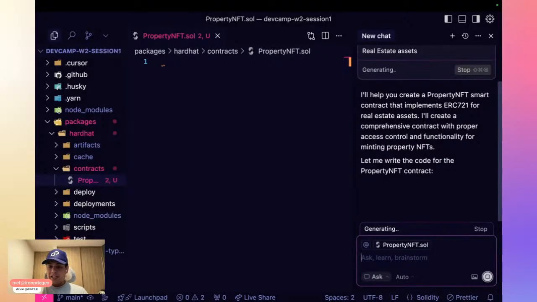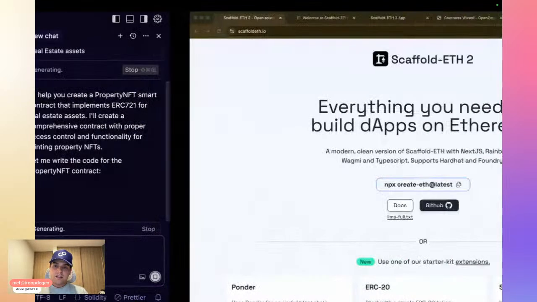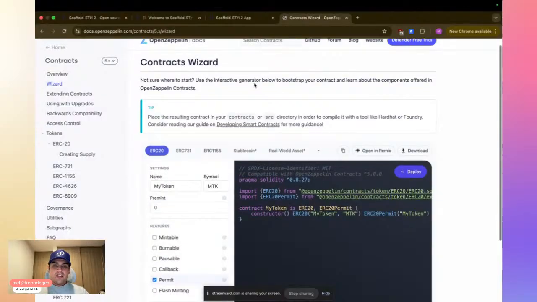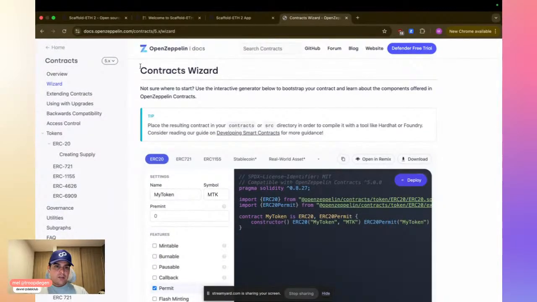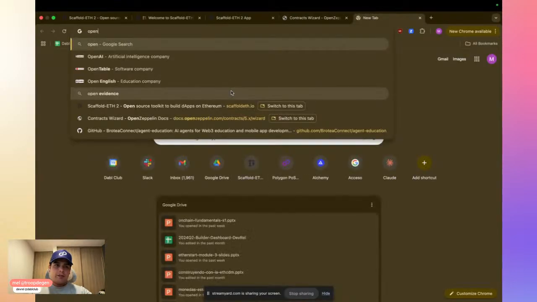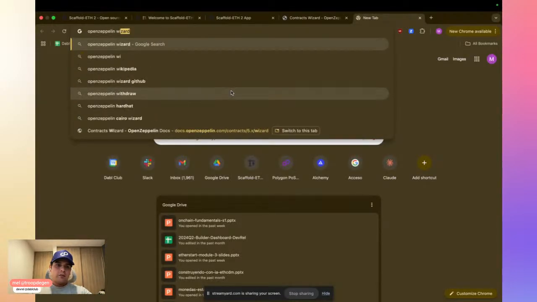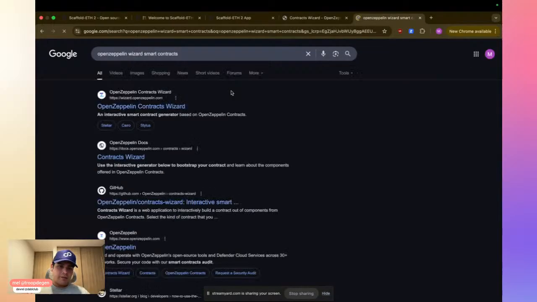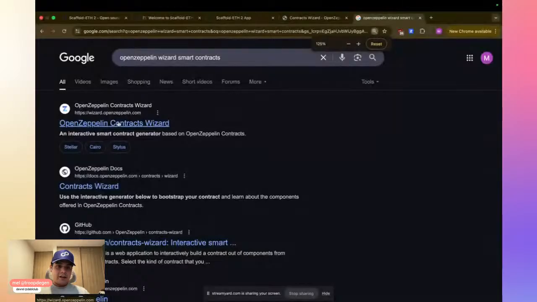I would expect, like I said, to start seeing a lot more of the inheritances that we saw in the previous session. For example, I'm just going through the OpenZeppelin Wizard, and you can search this very easily: OpenZeppelin Wizard smart contract, or something like that. Just add whatever is helpful for you, and you will find the contracts wizard.